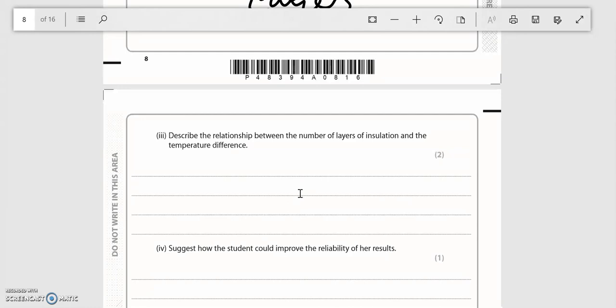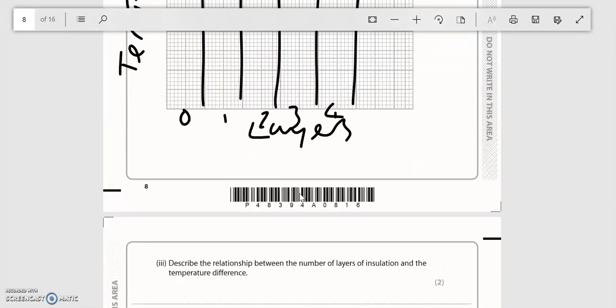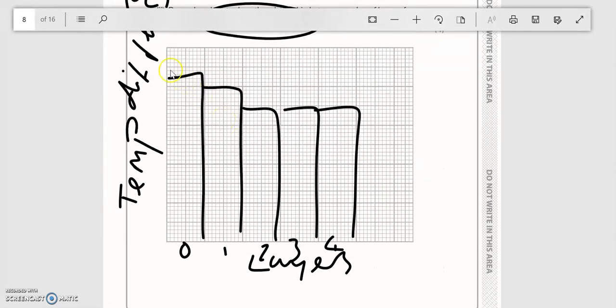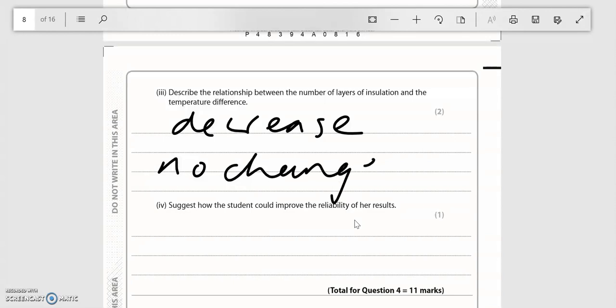So describe the relationship between the numbers of layers of insulation and the temperature difference. So it's looking for 2 marks. So essentially, if you increase the number of layers from 0 to 2, then you get a decrease in the temperature difference. It loses less heat. But then adding extra layers after that, having 3 layers, 4 layers, that doesn't then make any difference at all. So it wants both of those points. So an initial decrease as you add extra layers, but then no change when you add 3 layers, 4 layers,